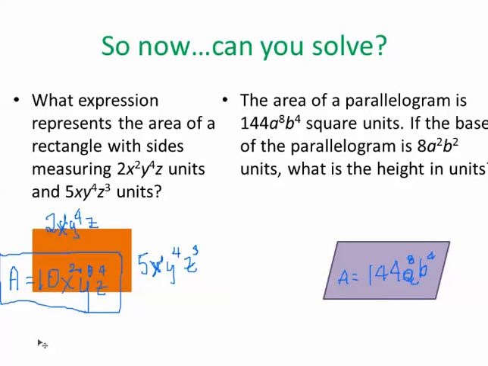Make that a name. And they know that the base is 8a squared b squared. They want to know, how tall is this thing? What is its height? In other words, 8a squared b squared times what would give us this